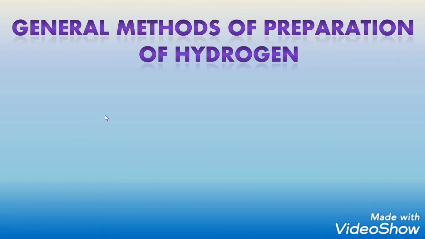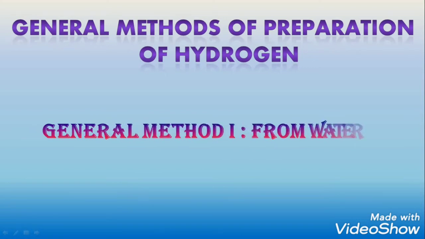We will first learn the general methods of preparation of hydrogen. In that, we'll take the first method of preparation of hydrogen, that is from water. Before actually learning the chemical reaction of metals with water, let us refresh our memory about the activity series. You already know activity series is a series in which the metals are arranged in the decreasing order of their reactivity. Whenever you learn chemical reactions, wherever it is possible, learn with the help of the activity series so that your understanding becomes simpler, easier, and you can also retain it in your memory for a longer time.